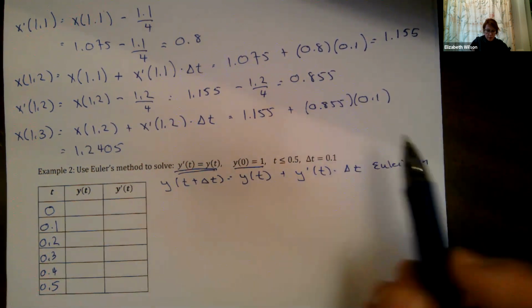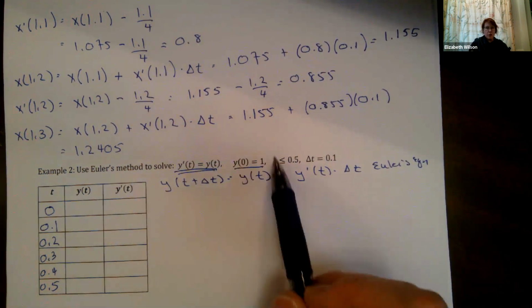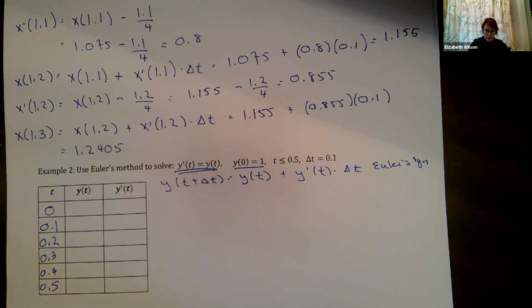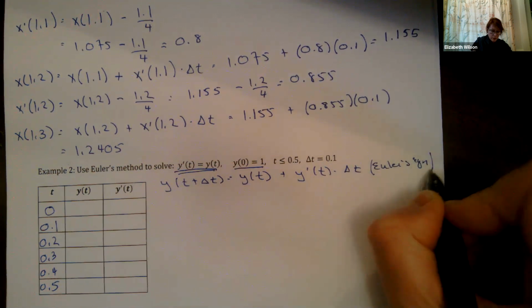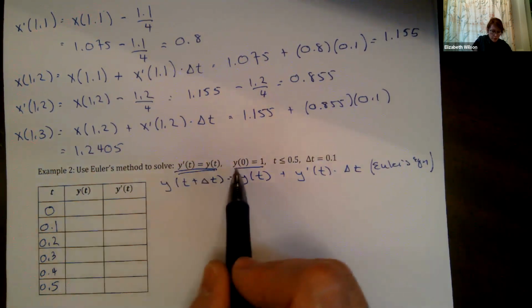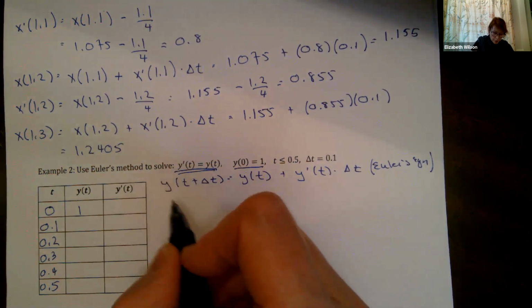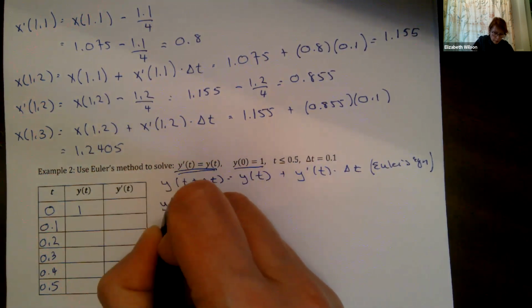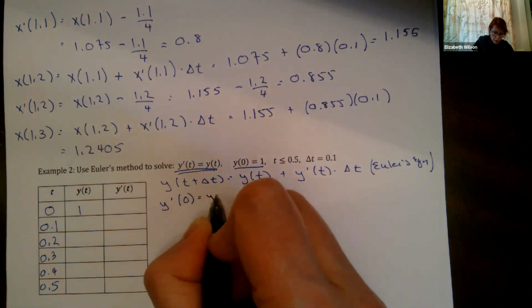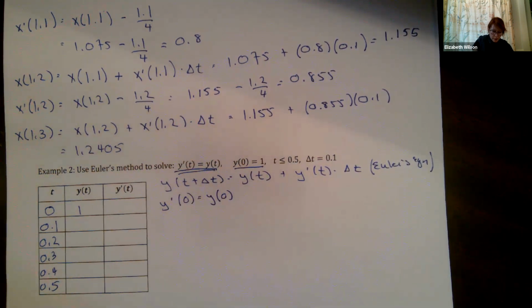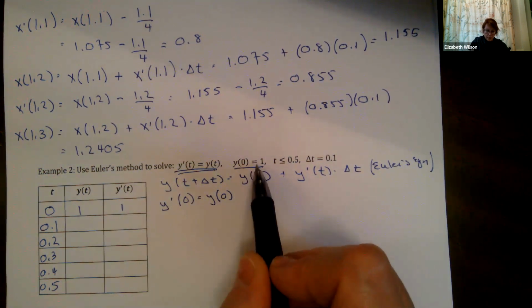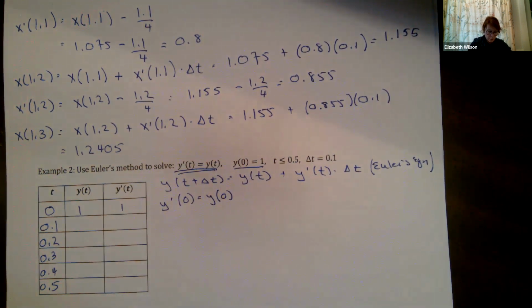And we're given a value for the derivative, and an initial condition for our function, and we're going to use all that to help us. Okay, so let's go ahead and do it. Our y of 0 is equal to 1, we were told that. I'm going to calculate out my derivative. My y prime of 0 equals y of 0, I was told that right there, so that's equal to 1, because my y of 0 is equal to 1. Therefore, my derivative at 0 is equal to 1.